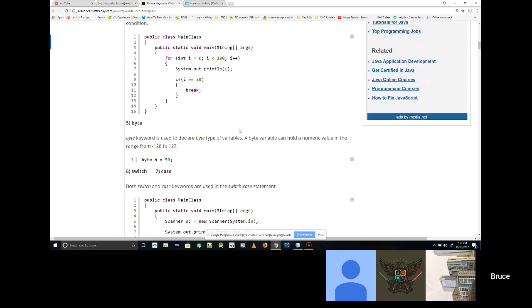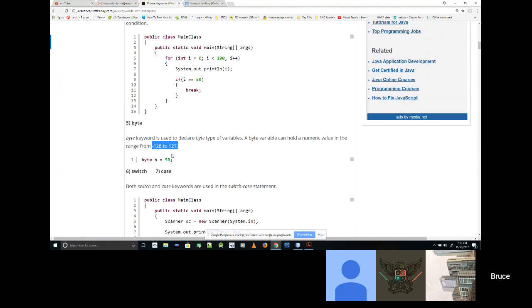Okay. The byte here is basically just like an int, but a smaller type of int. It only handles the numbers right here, -128 to 127. It just takes up less space in memory. Memory is not an issue these days in most computer systems, but this data type is here because most of your operations are within these values, and it becomes a convenient data type to use, because you don't want to be any more wasteful with memory and space than you have to be.